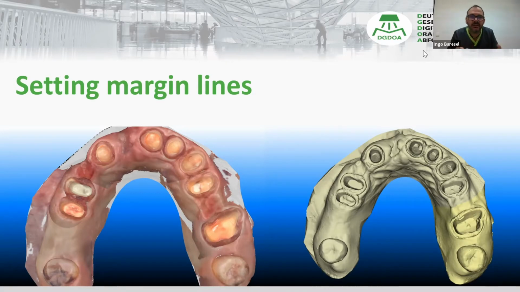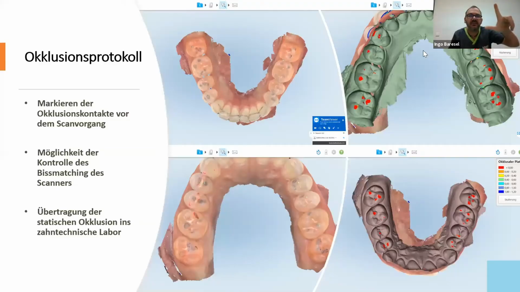But not every scanner is able to do this. You can perhaps scan with a colored scan, but if you then export an STL file, you will not have colored information, because STL is non-colored data. So think about it. You should have color even in the lab. First of all, for setting margin lines. But the second reason is,